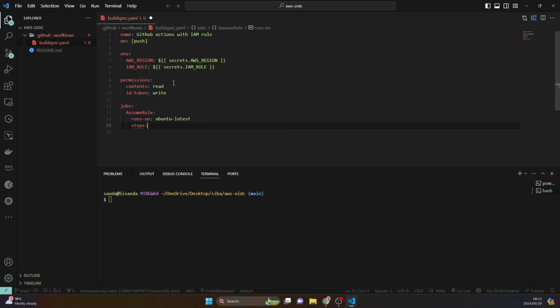And then the steps in there, what I'm going to do is we're going to say name, and then we're going to clone repository. Then it's going to use actions/checkout at version 4. Okay, all right. Then the next thing we want to do is we want to say name. Let's say configure AWS